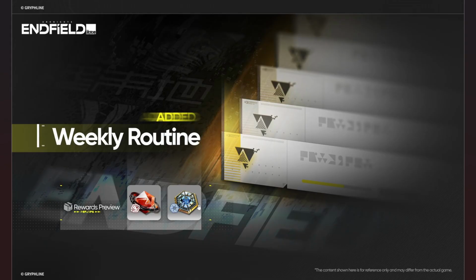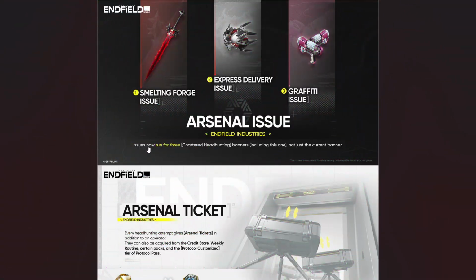And the Arsenal tickets are going to be important because this is how you're going to be able to get weapons. Here we have the Arsenal issues as well. Each of these Arsenal issues will come out when their specific character comes out. When their specific character's banner comes out, their weapon banner will last for 3 charted headhunting banners, just so you know. So these weapons will be here for multiple